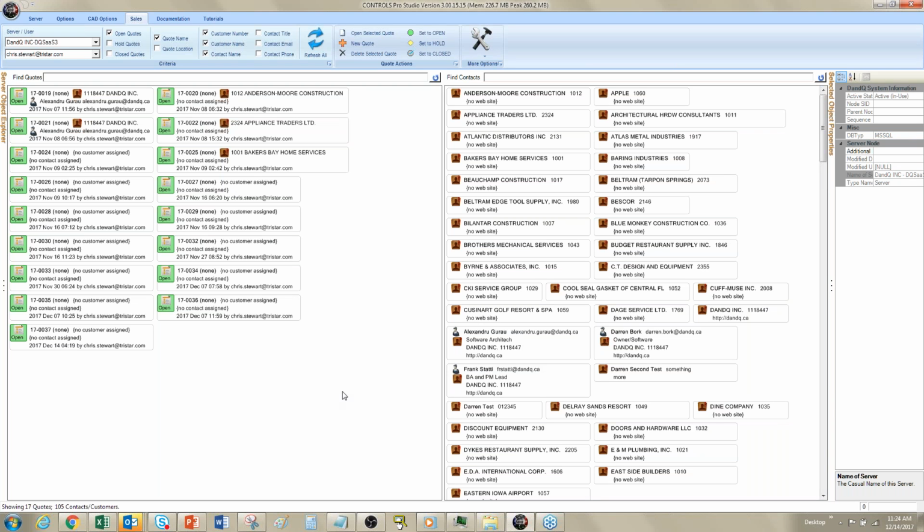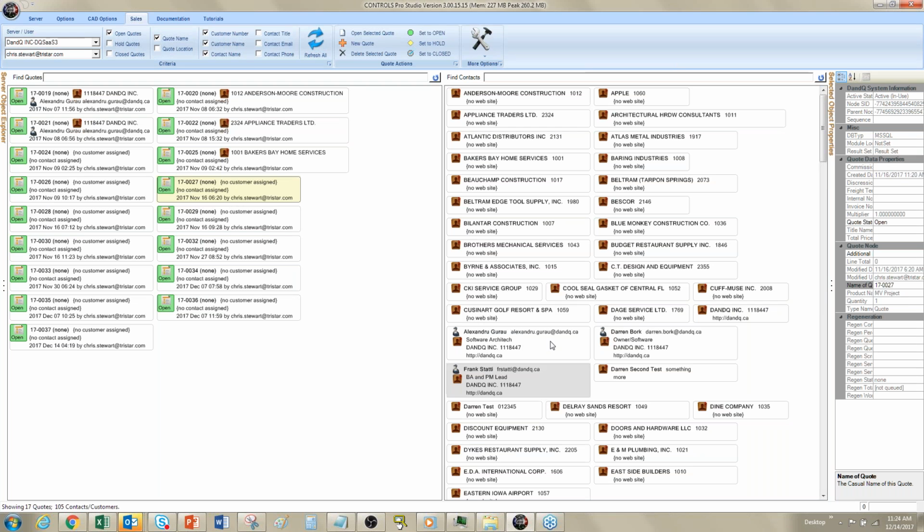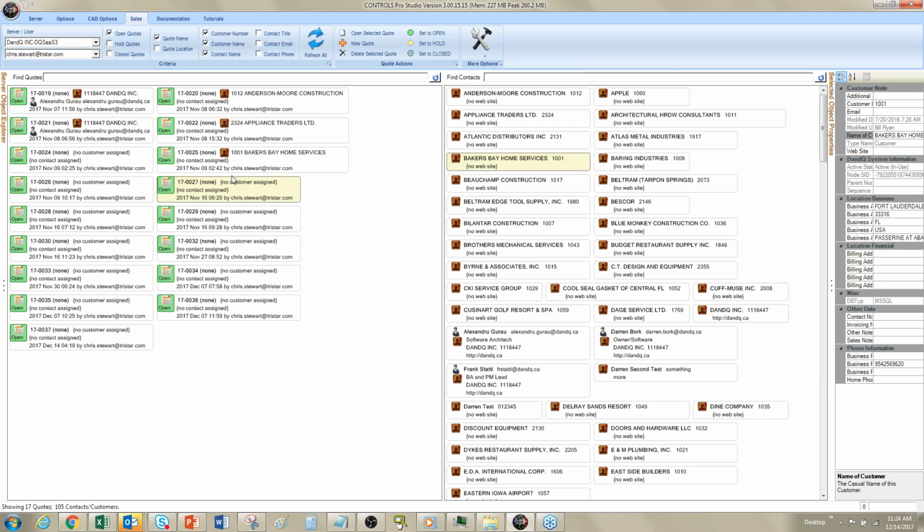But essentially, the concept behind CPS is to automate as much as possible. So over here, we have a series of existing quotes. And over here on the right-hand pane, we've got a series of existing contacts. You might have more than one contact, let's say, on a particular quote. Or inside of a company, you might have multiple contacts and you have a specific quote for a company. Let's say your point of contact changes with the company and you're working on a quote. Well, you can do something very simple: highlight the quote, highlight the contact, assign the contact to the quote,